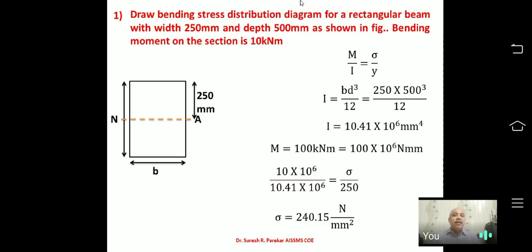Now we have a linear line, because we have just seen that for bending, IN, after L we have IN, the diagram is linear. So we have this bending stress diagram with its values. Generally the top has compression and the bottom has tension in the case of a simply supported beam. If we have a cantilever beam, then the top has tension and the bottom has compression. So this is the first problem, which is simple, where you have to plot the bending stress diagram.